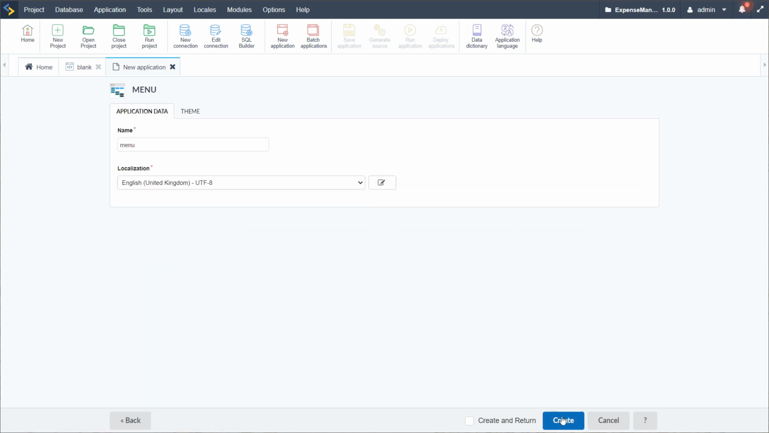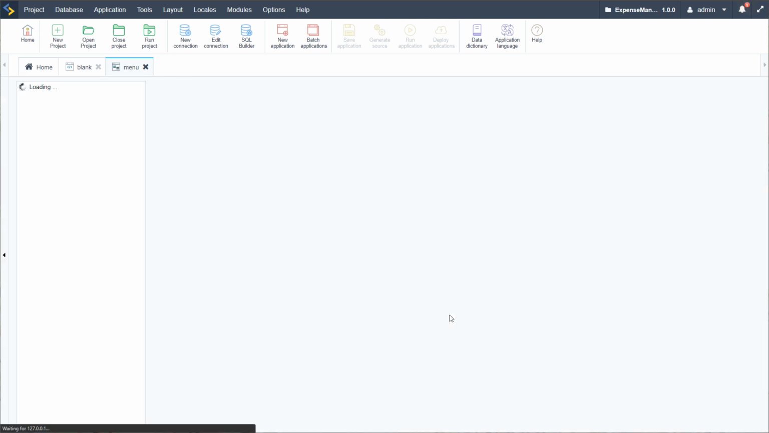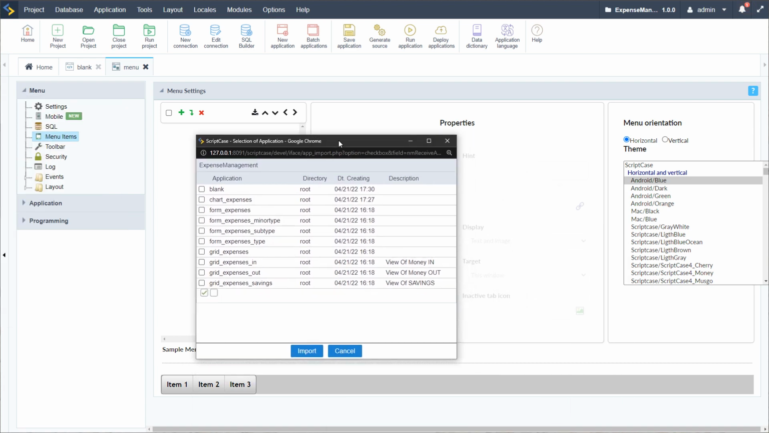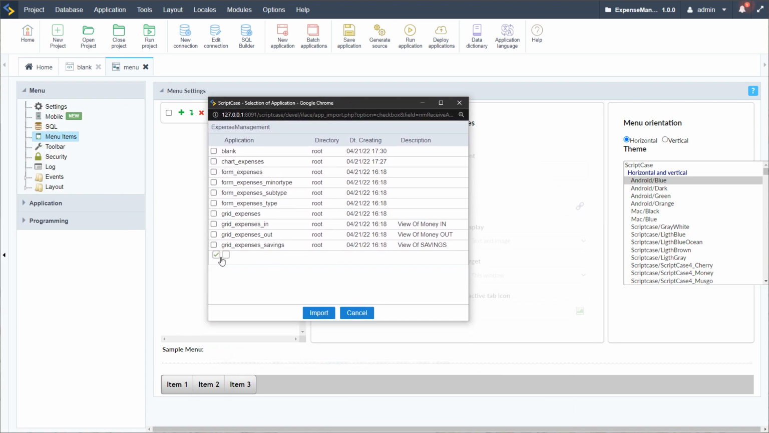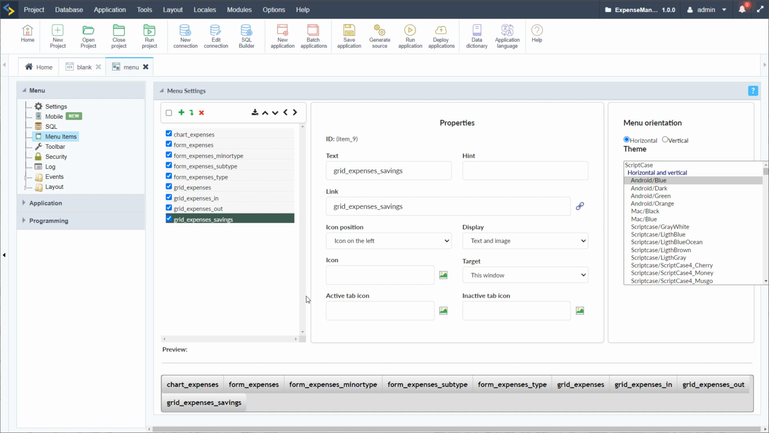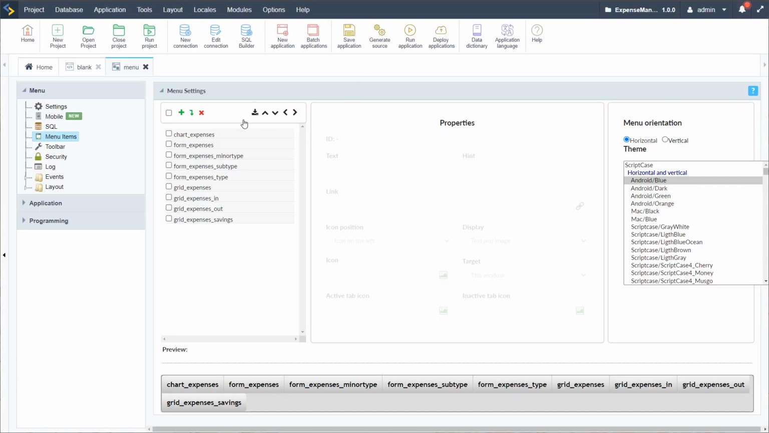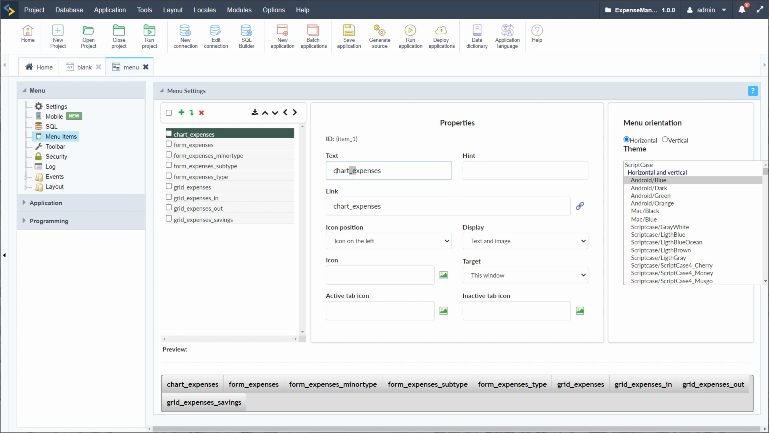So for the menu, let's jump into the menu. For the menu application, we can very quickly click the Import Applications button, and that will open this lovely little window where we can simply choose all of our applications. I will remove the blank, and then we can just go ahead and click Import. That will add all of these applications as we see here in the demonstration for us. I will click Save so that they have been added. Okay, otherwise that could cause some issues,